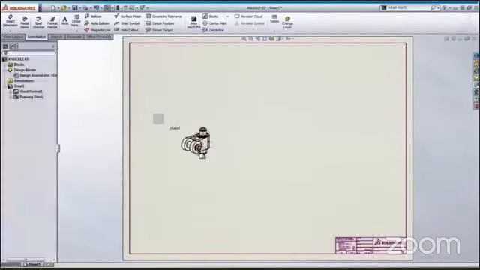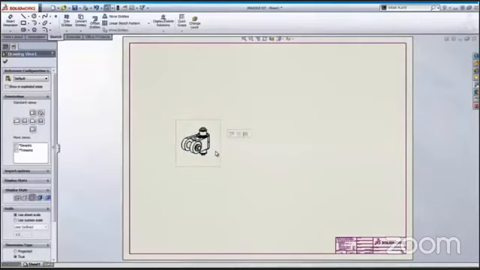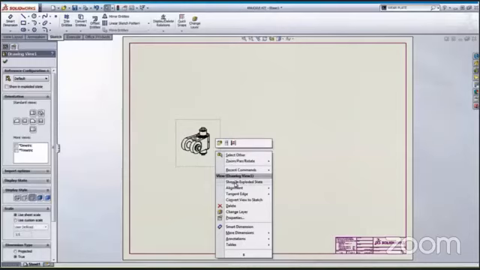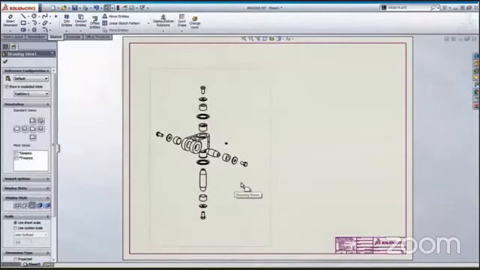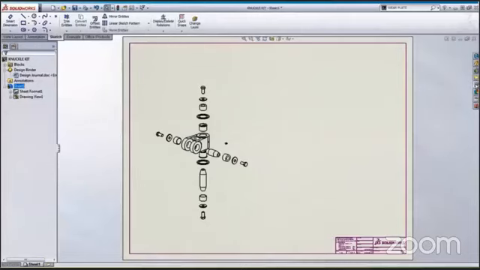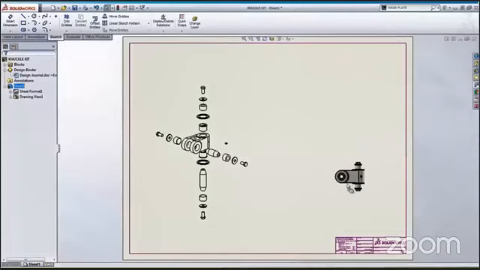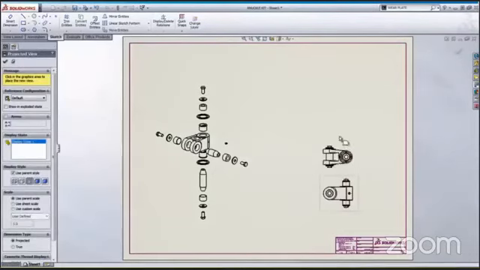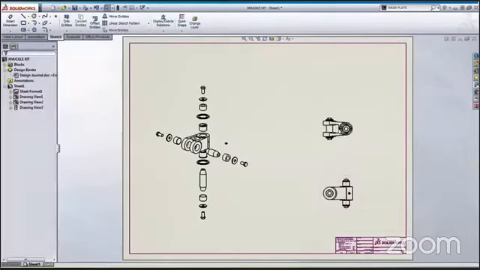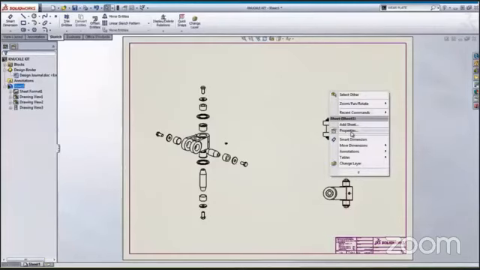Let's leverage the explode step we just created here on the drawing and add some additional views. SolidWorks automatically scales the drawing to accept the views placed on it. But it can be easily changed.